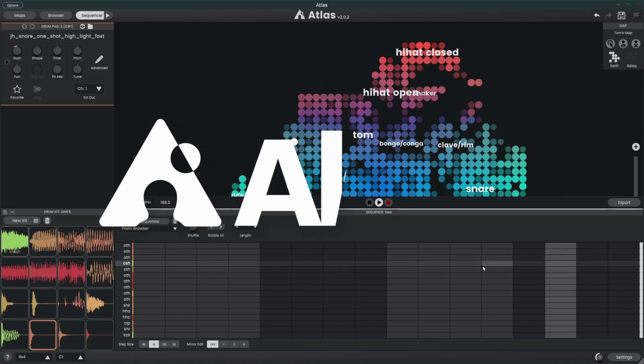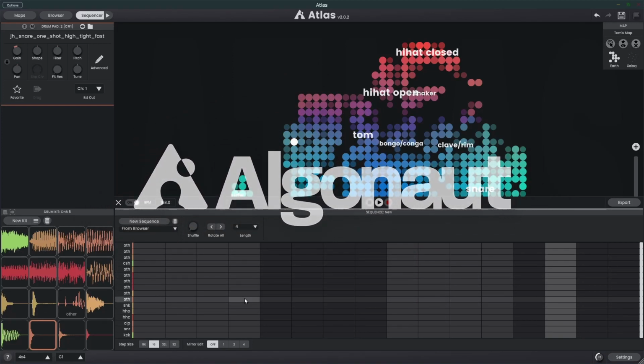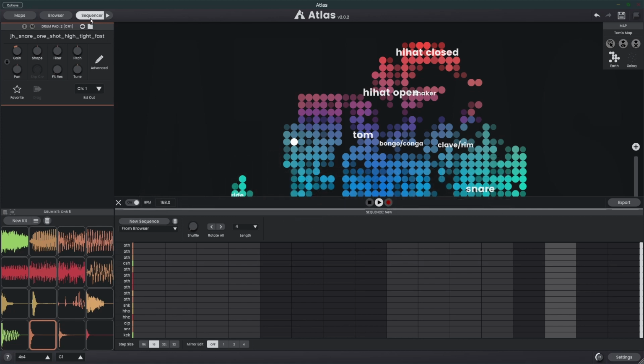Let's take a look at the sequencer. It's this area down the bottom, and we can toggle the viewing of it by clicking on the sequencer button in the top left. So we can pop it up from the bottom there. This is where all of our drum pad trigger information lives over time, so it's where we construct a loop